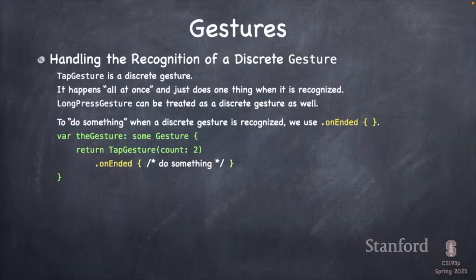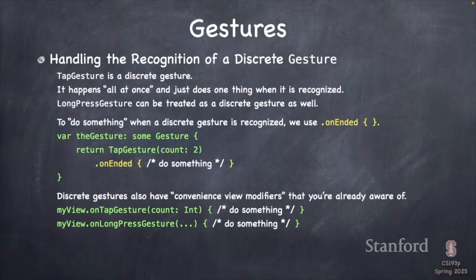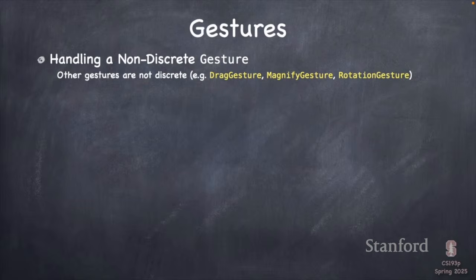For those, you just add .onEnded to the gesture. So there's that tap gesture from the previous slide, and I've just said .onEnded, some closure where I do something. Couldn't be simpler. That means when the double tap ends, I'm going to go do something. Now, for discrete gestures, we always just use the simple ones you know about, like .onTapGesture. It's just so much easier to say .onTapGesture than to do all that other business. But I've introduced this so you have an idea of what onTapGesture is doing behind the scenes. But let's talk about the real gestures here, which are these continuous, non-discrete gestures like dragging, magnify,